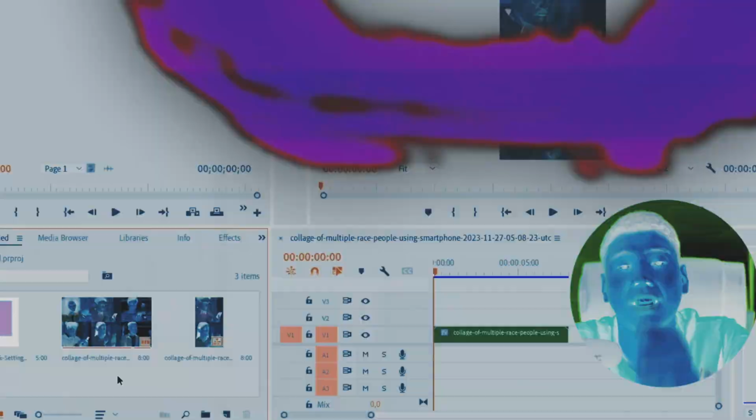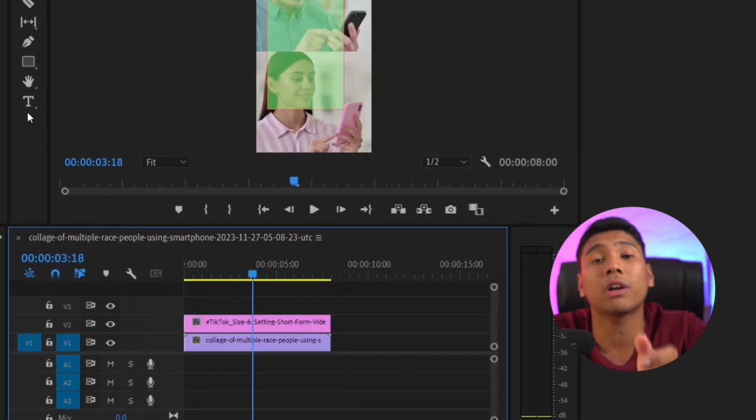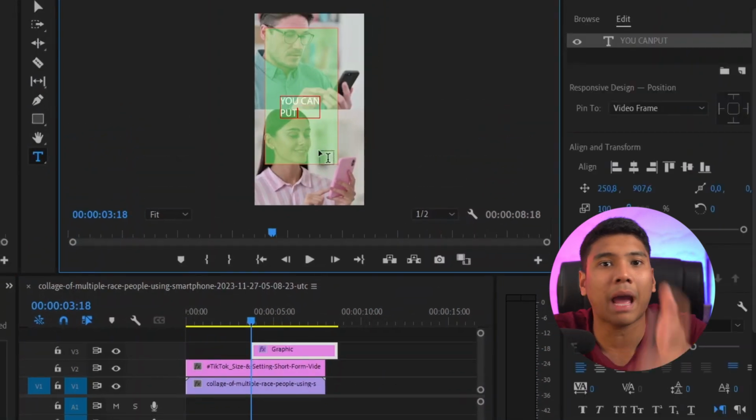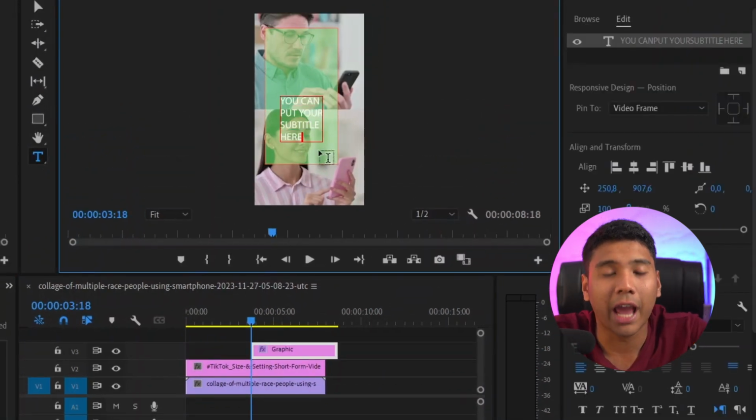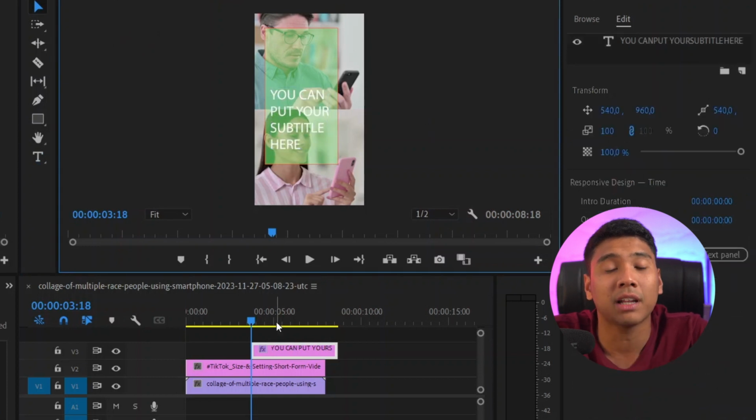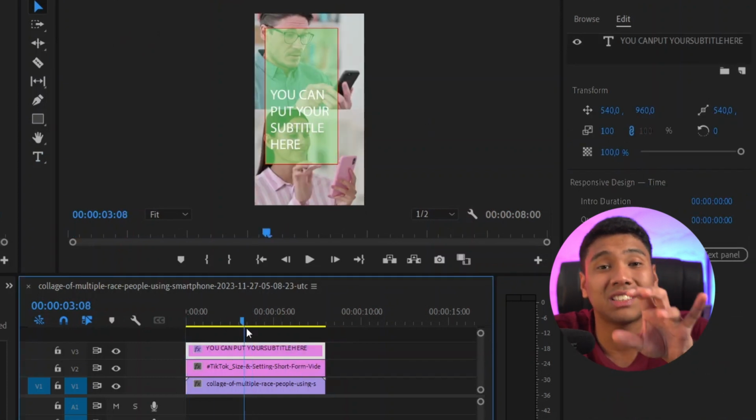So these safe zones are drag and drop based on the help center on each of these platforms to avoid the buttons. And then what your editor will do is literally take these safe zones, overlay them on the Premiere Pro app, CapCut, whatever your editor uses, and make sure all the animations and subtitles are only made within these safe zones. This will make sure whatever the final product is not going to get cut up by the buttons